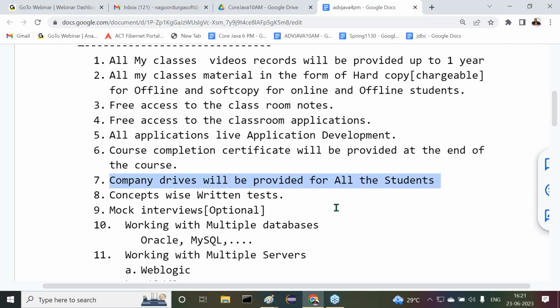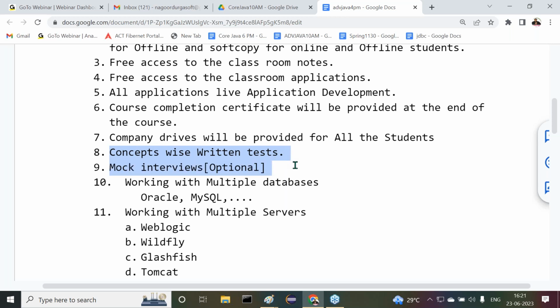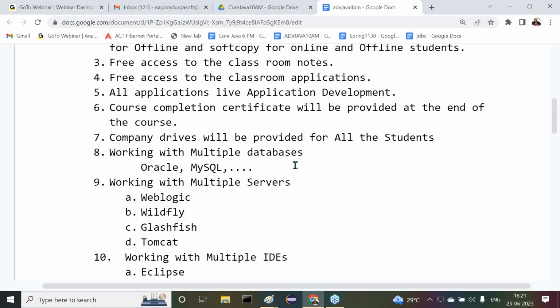Anyway, company drives we are already aware of. But for advanced Java, so far I have not conducted any written tests. Even in general, written tests go on core Java at maximum. In any company, if you observe, written tests are on core Java. Apart from that, nobody asks written test questions in other technologies. Even in interviews, 50 to 60% of the questions are asked from core Java only. If you are strong in core Java and they want to check at an advanced level, only then will they move on to the further technologies. But the majority of the questions come from core Java only.